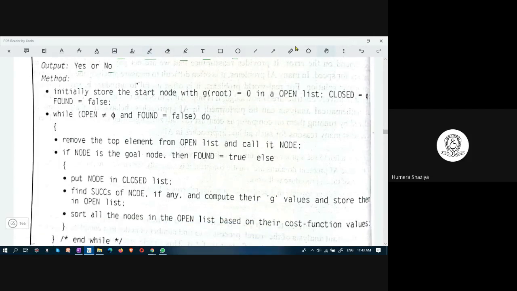The method is to initially store the start node with g of root equal to 0. This is the cost. G of s equals 0 in the open list, and closed list is empty. Found is equal to false. While open is not equal to empty and found equal to false, do. Until these two conditions are true, what you have to do is